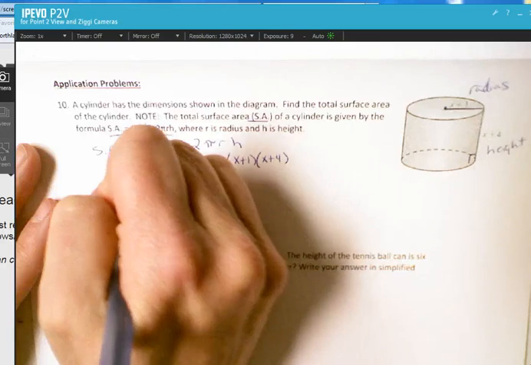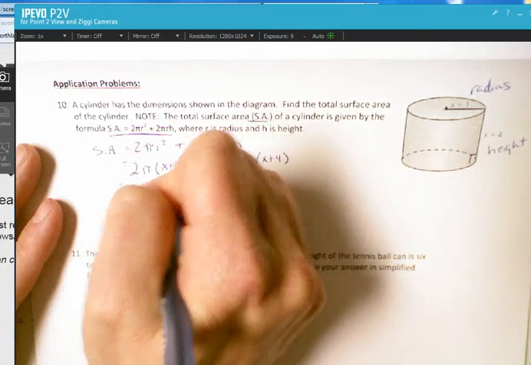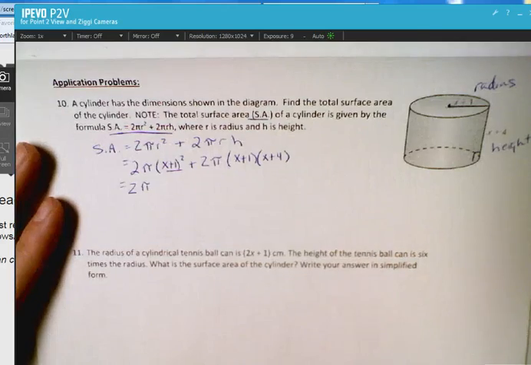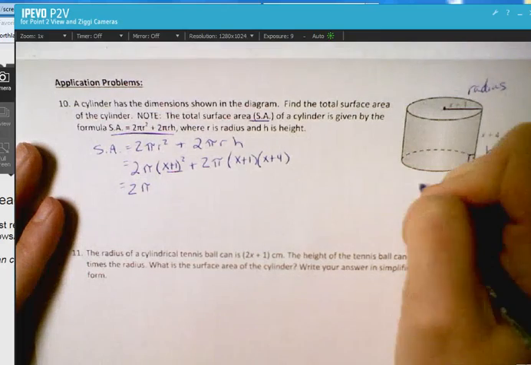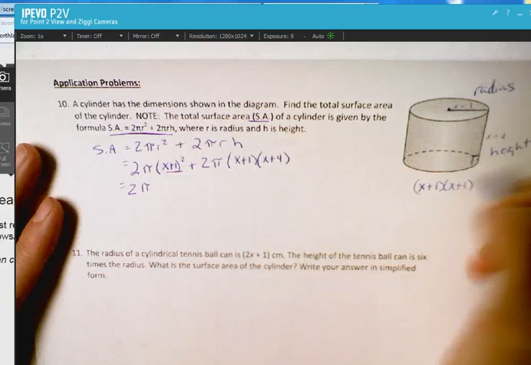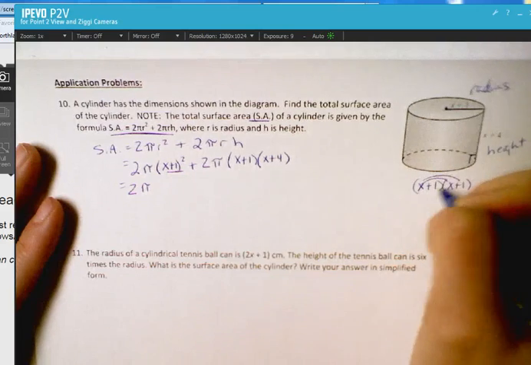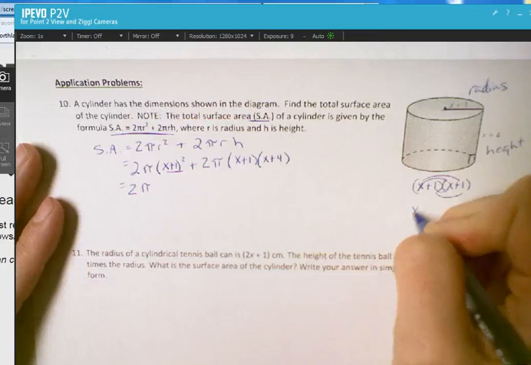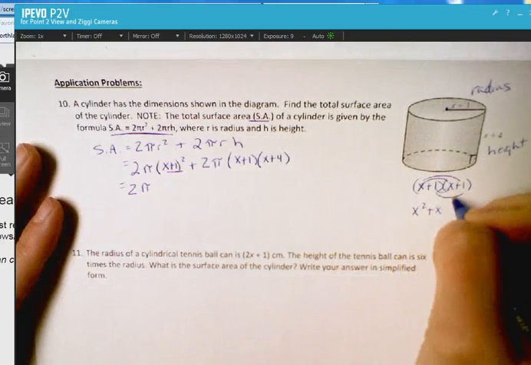So I know I have 2 times pi times this r squared, because PEMDAS just says I have to do my exponents first. So over here on the side, I'm going to do x plus 1 times x plus 1. First, outer, inner, last. X times x is x squared, plus x